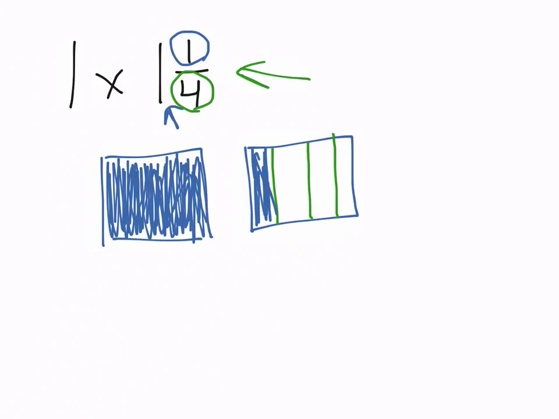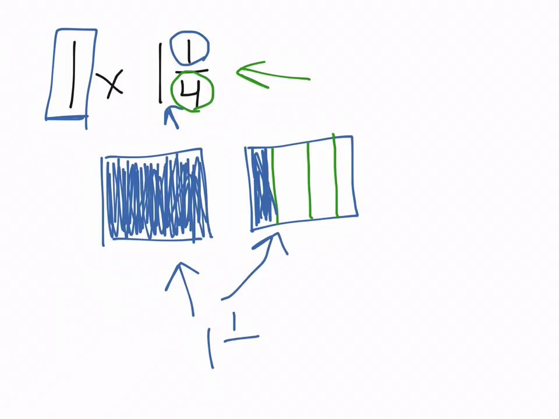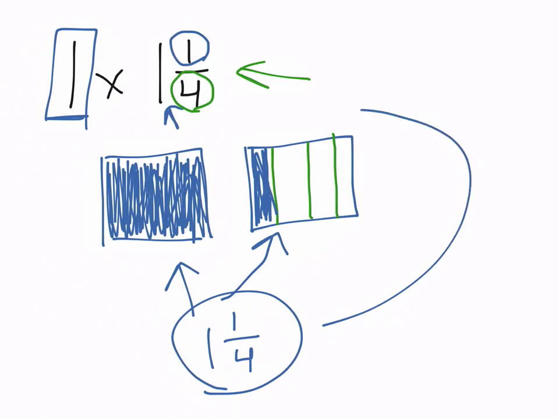Just like that. And you could clearly see right away that my answer, and I'm multiplying by the number 1 here, that my answer is going to be one whole and only 1 out of the 4 sections are shaded. Therefore, my answer is the same as my factor 1 and 1/4. This is your answer, and you can see that it is equal to the factor 1